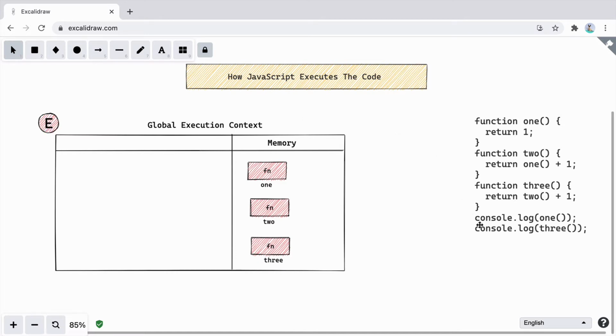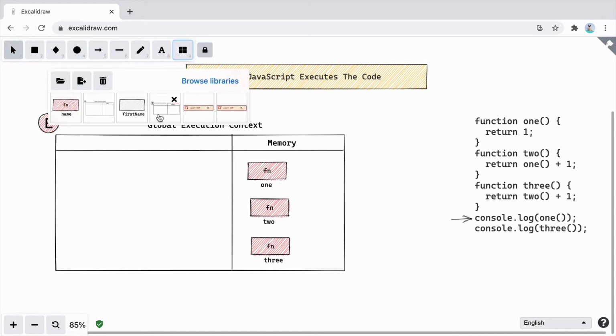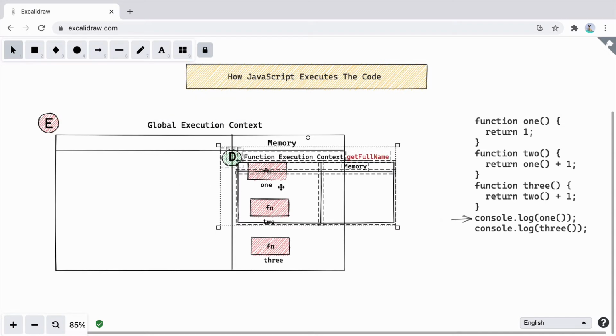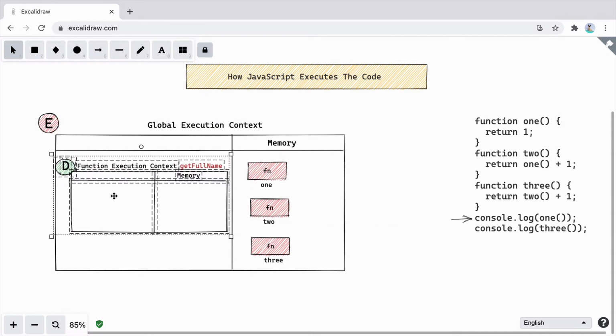In the execution phase, you can see on this line that we are executing the function console log, and inside that we are executing the function named 1. And we know that whenever you execute a function, it creates a function execution context. So right now, it will create a function execution context for the function named 1.